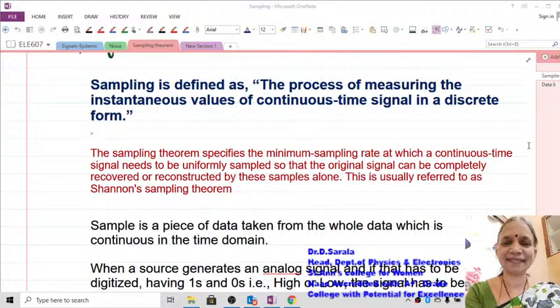So the last two sessions we discussed the different types of signals and the effect of noise. Then there is something called a sampling theorem. What is actually sampling? Let us take the example of